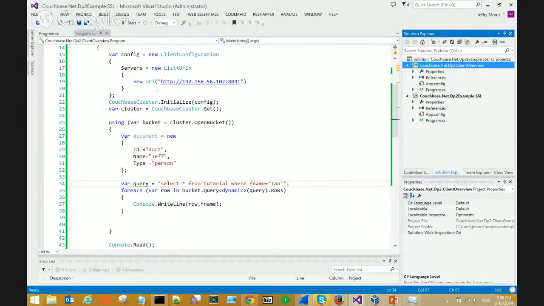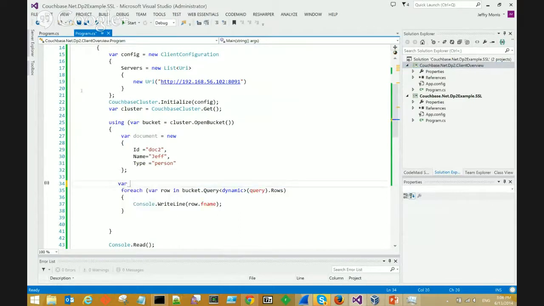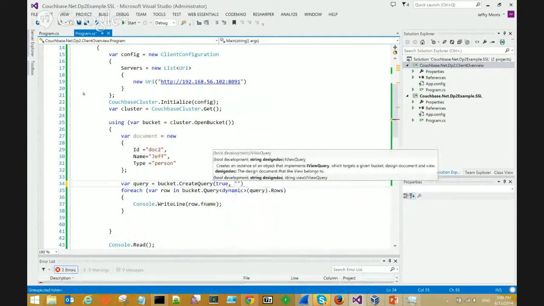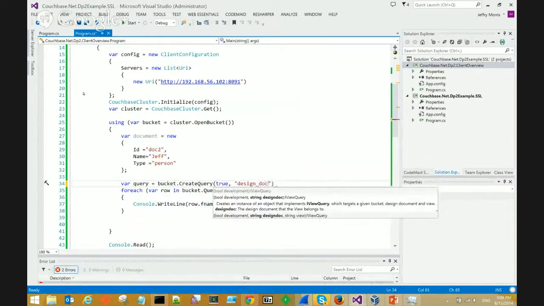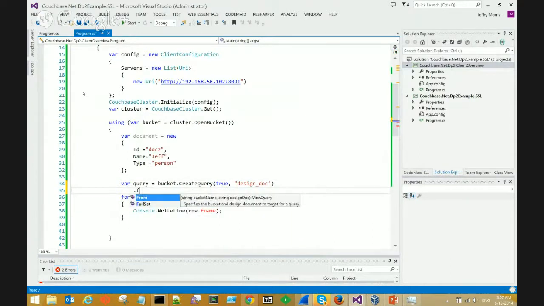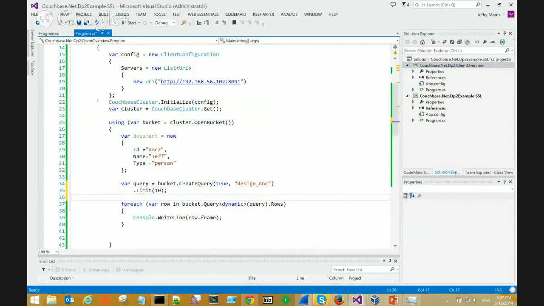And additionally, we also support view queries. I'll just do a quick example here. Create query, development equal to true. You add in your design doc here. Similar to the Java client, it has a fluent interface type DSL that basically helps you build out your query. You would simply pass this in, and running this, it'll execute against the cluster and return back the results. Does this one have first names? No. Actually, the design doc's not right, so I'm going to skip over this one